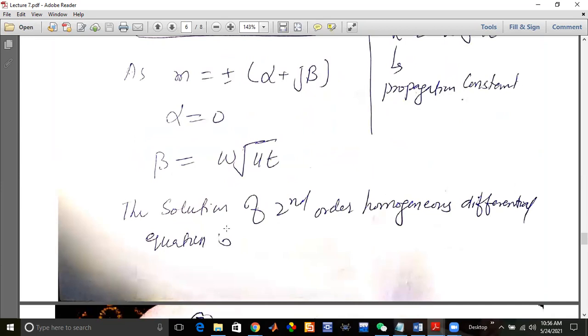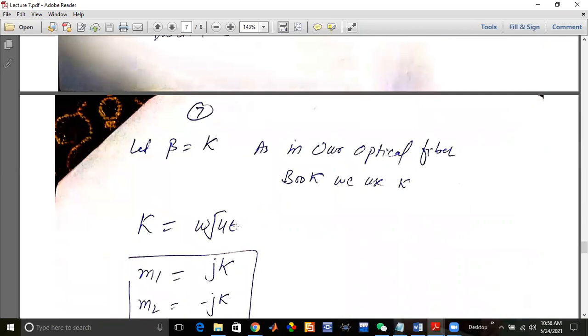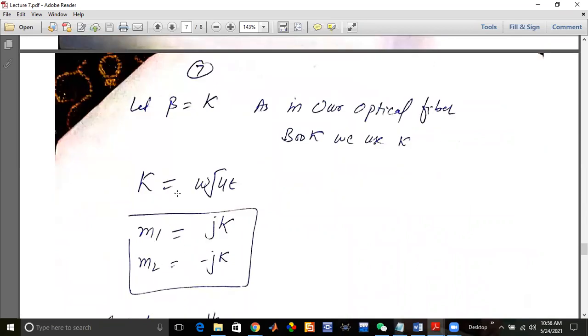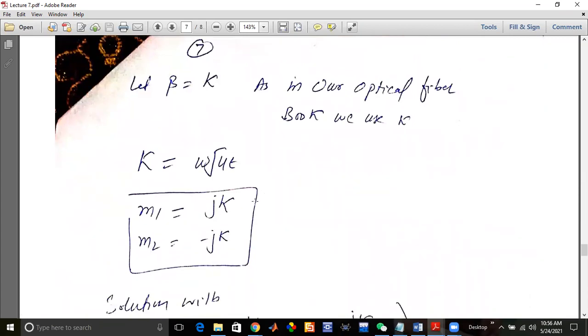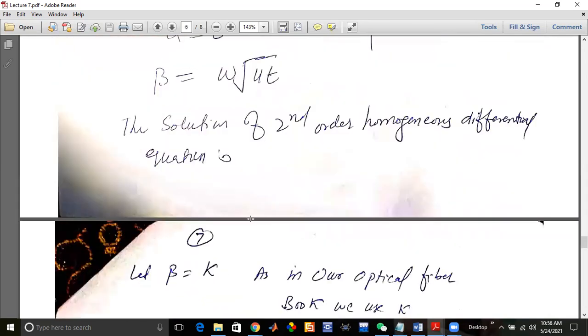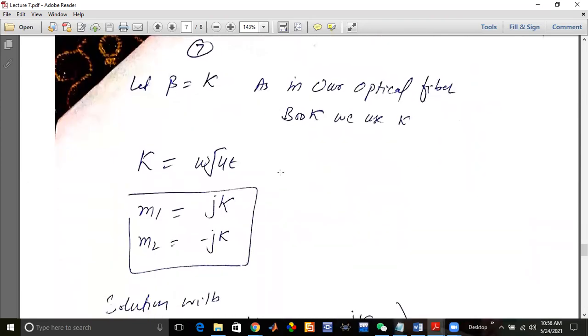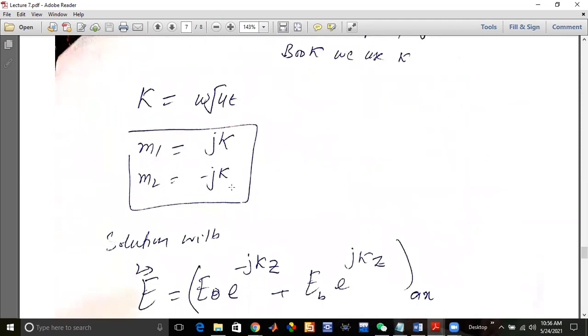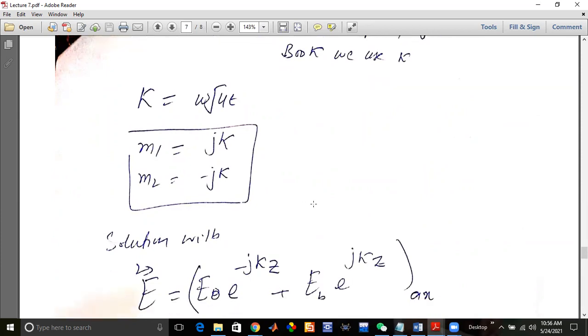So for the solution of the second order homogeneous differential equation, beta is equal to k. It means there are two roots, one plus and one minus. So m1 is plus jk and m2 is minus jk. And what is k? Plus j omega under root mu epsilon naught and minus j omega under root mu epsilon naught. So m1 is this and m2 is this. So the solution of the differential equation is